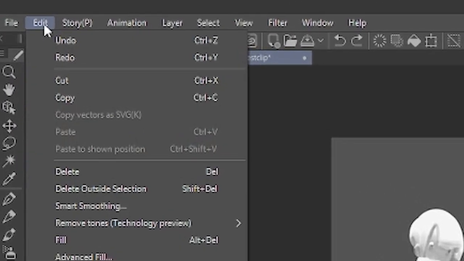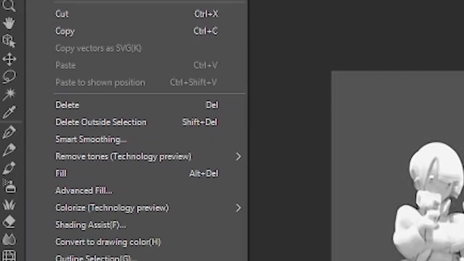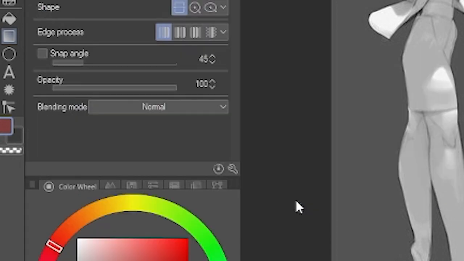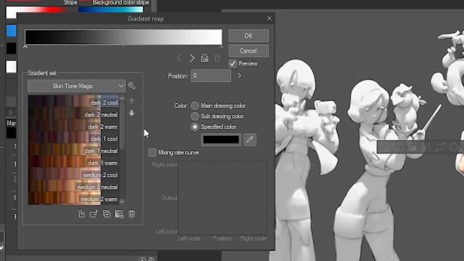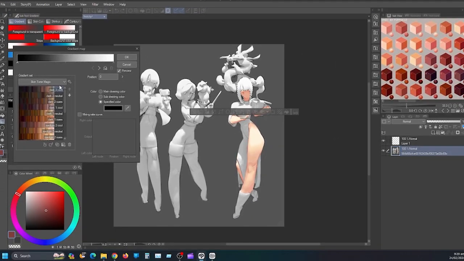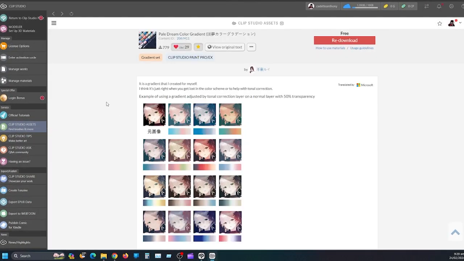So you come up here to Edit, and then you go down to Tonal Correction. Tonal Correction, you want to go to Gradient Map, and in gradient maps, this little box here will pop up. In this little box here, you want to add new gradient maps. In order to get new gradient maps, you want to go to the Clip Studio assets. Alright, so in Clip Studio assets, I'll go back here because I was already downloading some gradient maps,